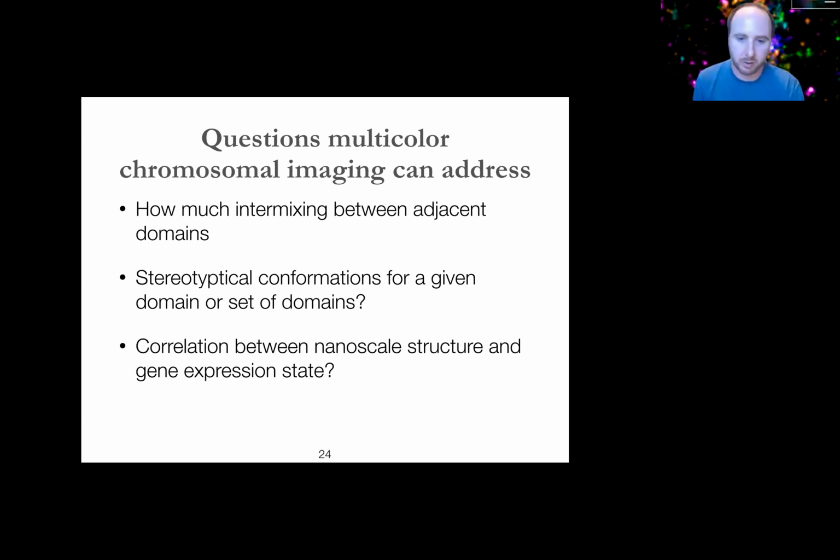So I think we're still a little bit early in getting a sense for that. But I think these kind of approaches, with the resolution they provide, will be great tools to look at that heterogeneity in terms of the structure. And I think one of the big ones that you're starting to see more of come out, including work that just came out from Stephen Wong's lab, is looking at correlations between structure and gene expression state. And this is, I think, going to be the next wave, and in some ways why this section could still connect reasonably well to the spatial omics world.